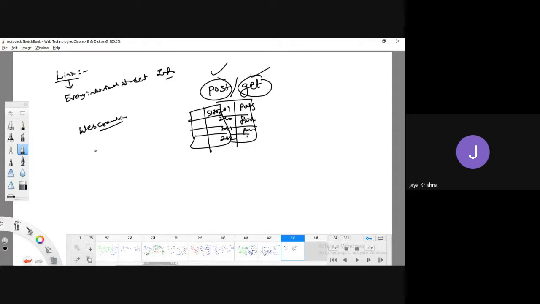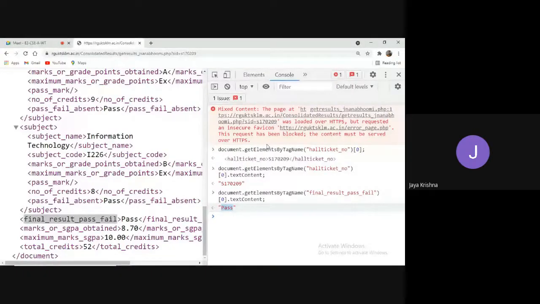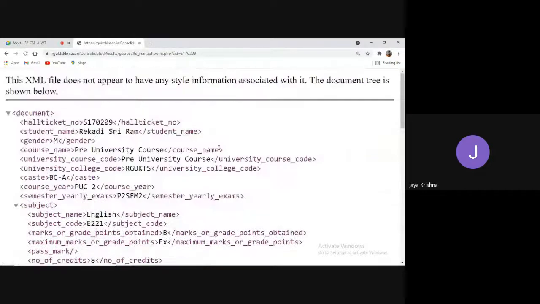Somebody is pass, somebody is fail. This is the process that we are going to do. Instead of going for a manual process, we can do the automation. Finally, they will get some data. Whoever fails, they are not going to release the scholarship. This way, we can use this XML file.